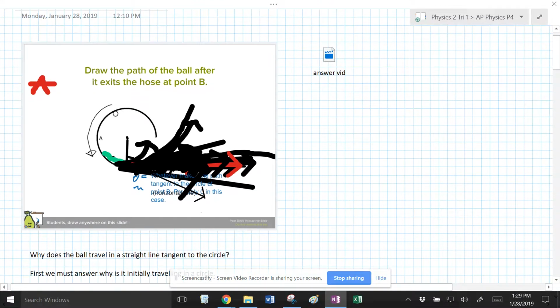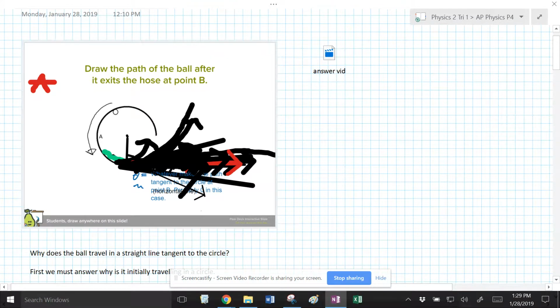So in this first slide here, you can see the variety of paths that people expected the ball to take after it leaves the point B in the hoop here where the break was. Some folks expecting it to curl like that. Some people expecting it to veer away. Some expecting it to go in a straight line. And of course, if you watch the video,